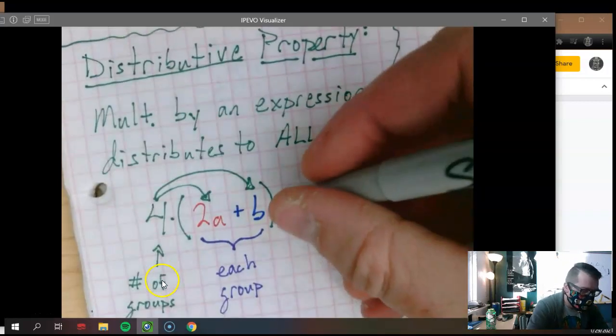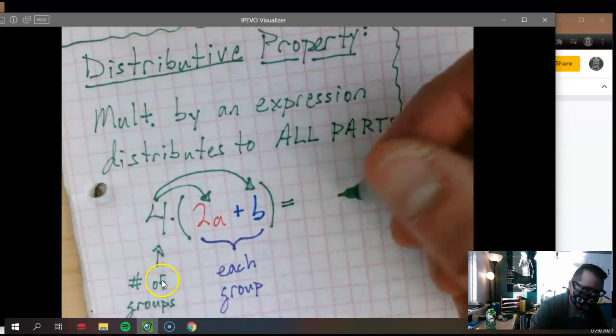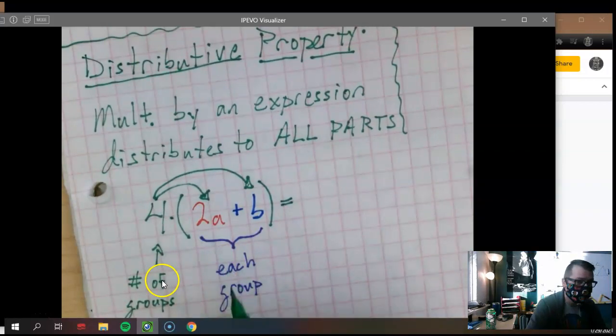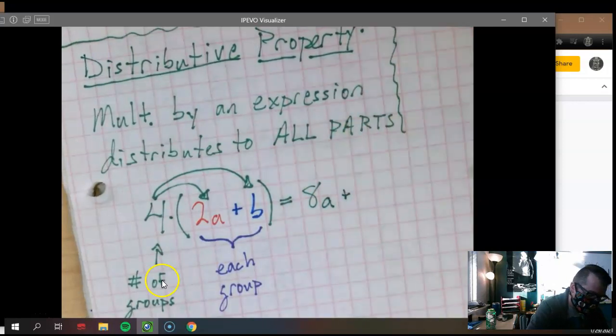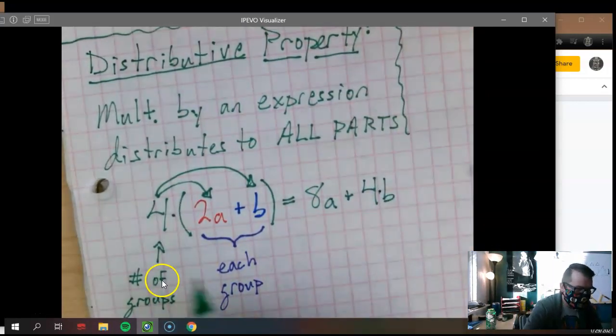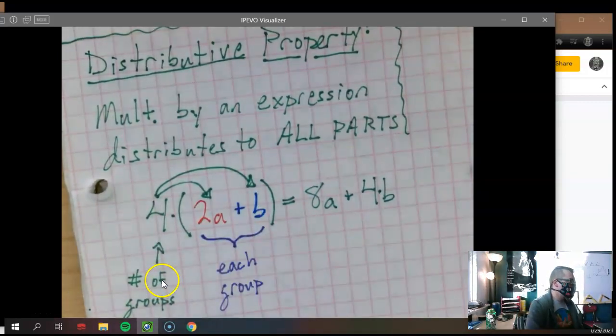So when we do the distribution in total, how many A's did we have? Well, what's 4 times 2A? Or if we count the A's on your screen, 8A. And how many B's did we have? 4. The reason we draw these arrows, and the reason I'm going to ask you to do that now and on the mastery that we take next week,